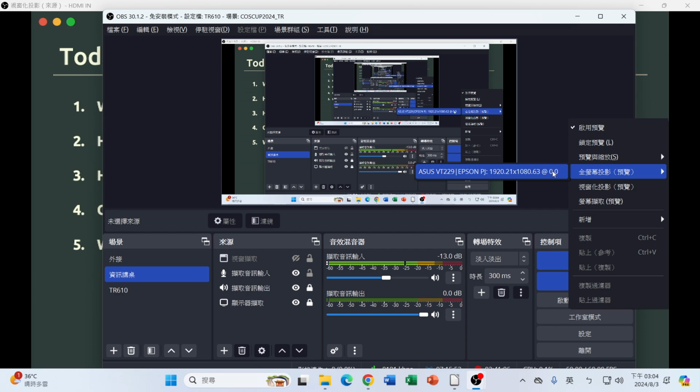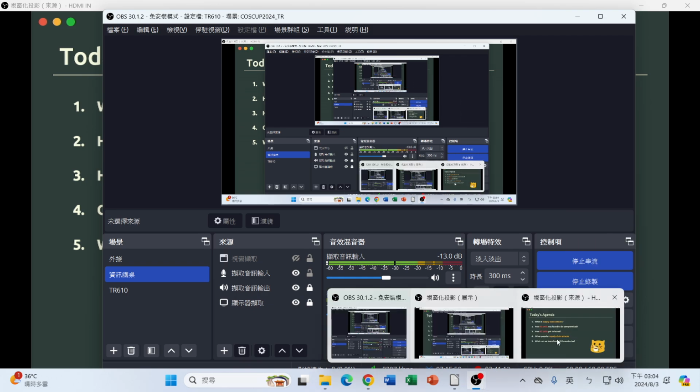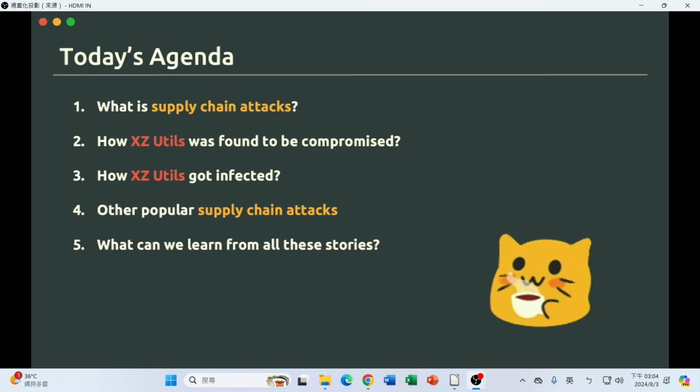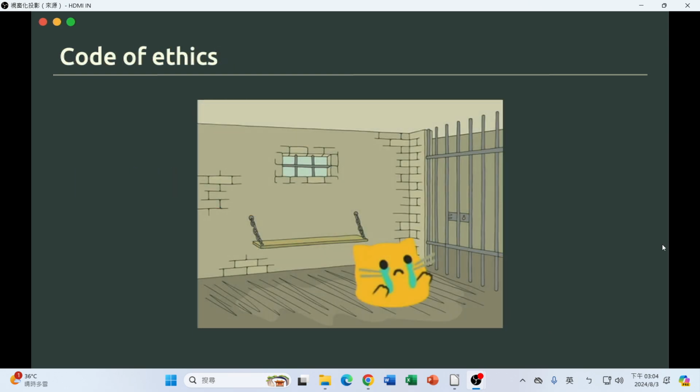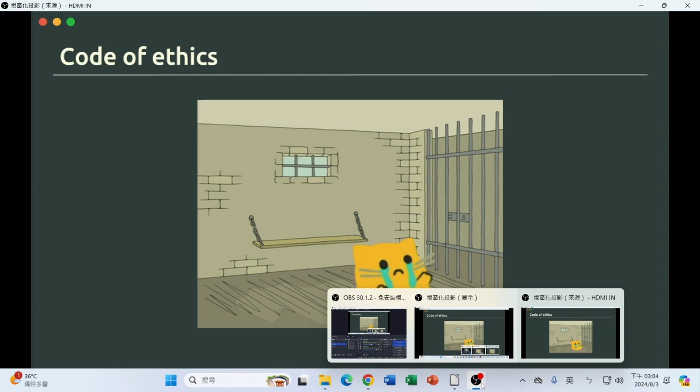And then I will just talk you through how this case got compromised, and how it got affected, and also talk you through some popular supply chain attacks, and then briefly talk about what you can learn from all those stories. And before all those things, just a code of ethics: don't do bad things, because hackers